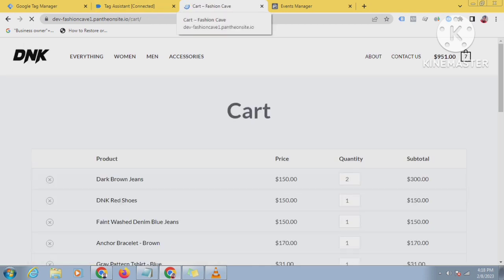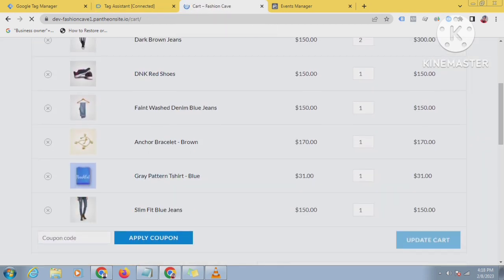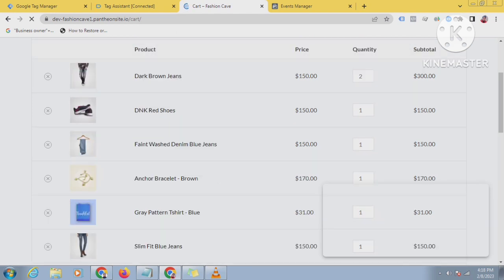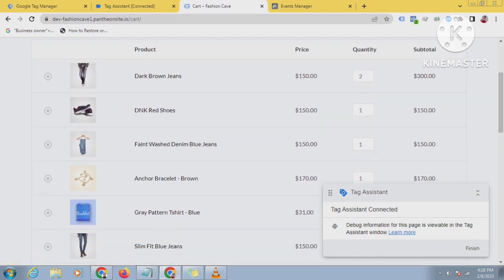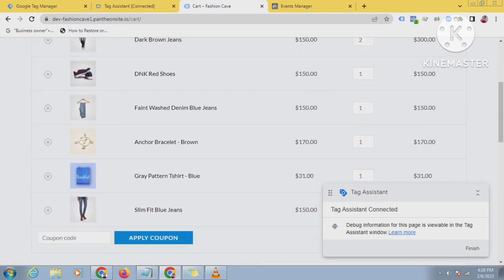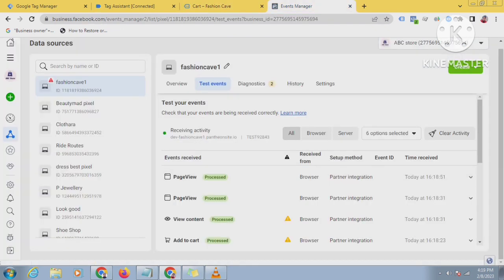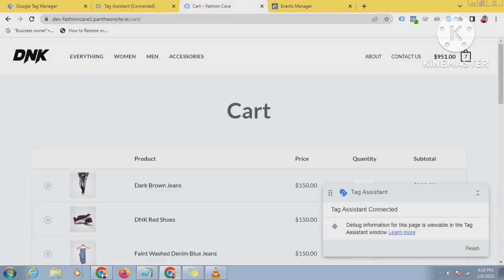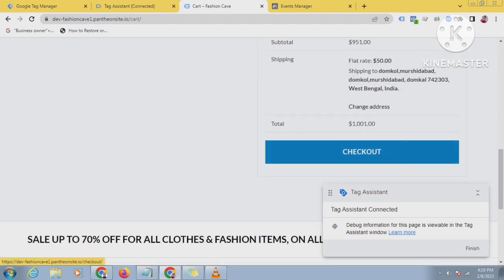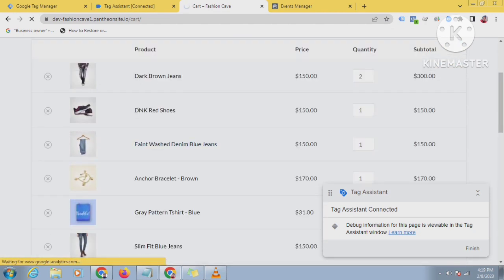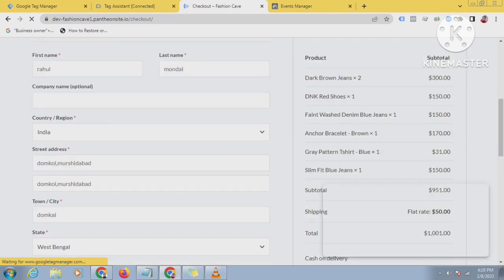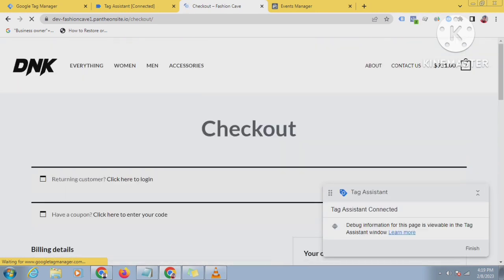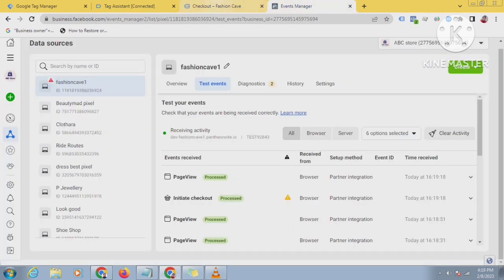You can see here, I have added this product, 1 2 3 4 5 6 products. There are 6 products, and I will do begin checkout now, and I will see here the result. So let's click on checkout. There are 6 products, right? 1 2 3 4 5 6. Okay, the initiate checkout has been